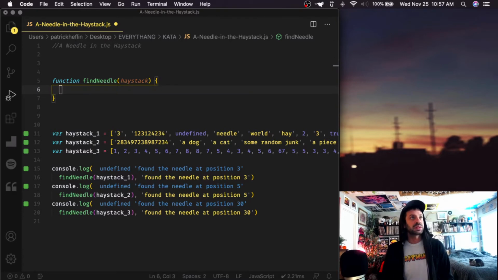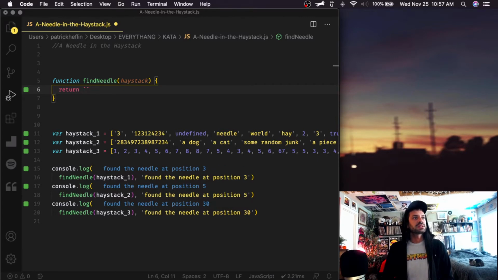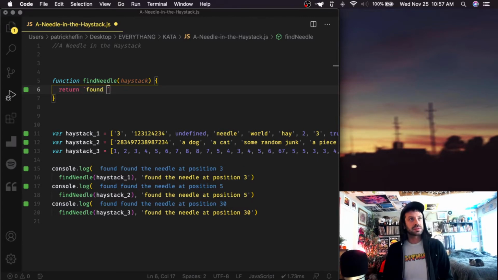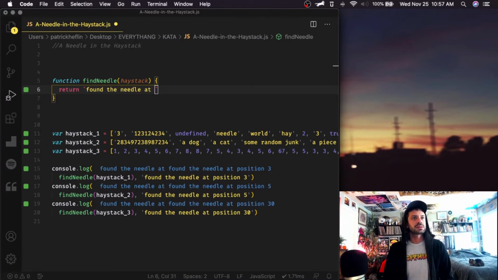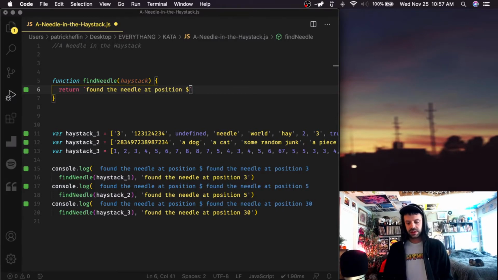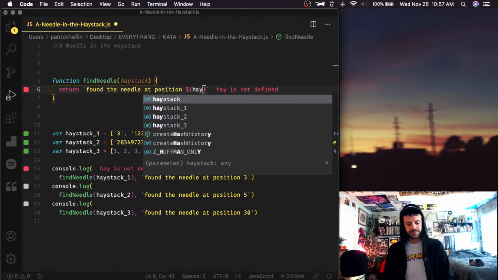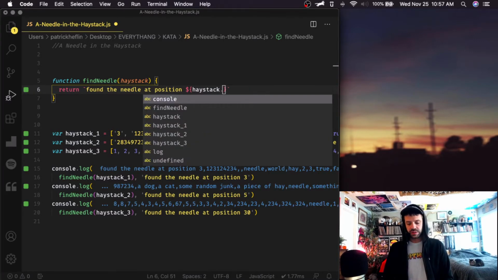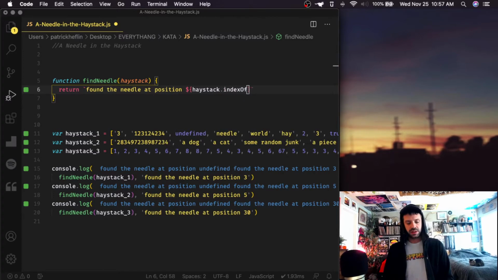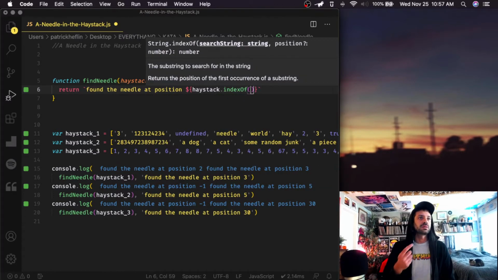So I think this one's gonna be pretty easy. All we really need to do is return backticks, and we want to say, what is it? Found the needle at position, and then we want to have our $ sign, curly brackets, and we want to return our haystack, which is our array, dot indexOf. We have a built-in method called indexOf, and it will find the index of whatever is passed into it. So we want to pass in the word needle,